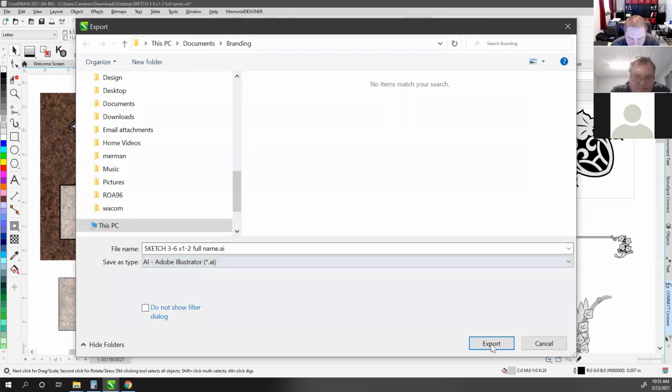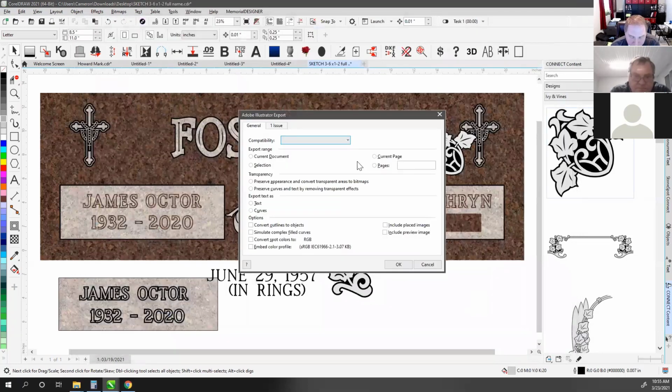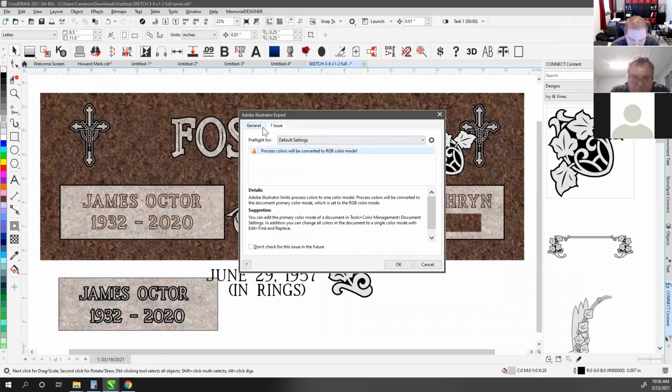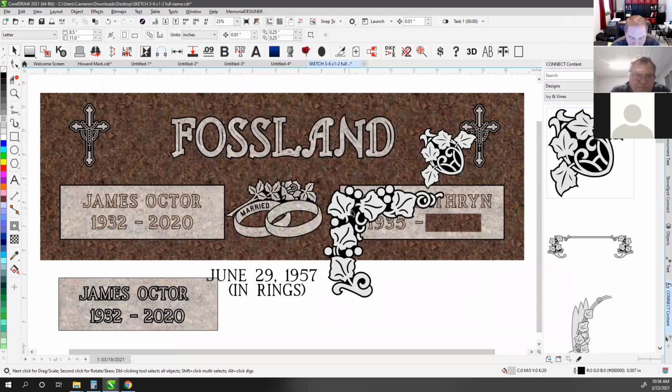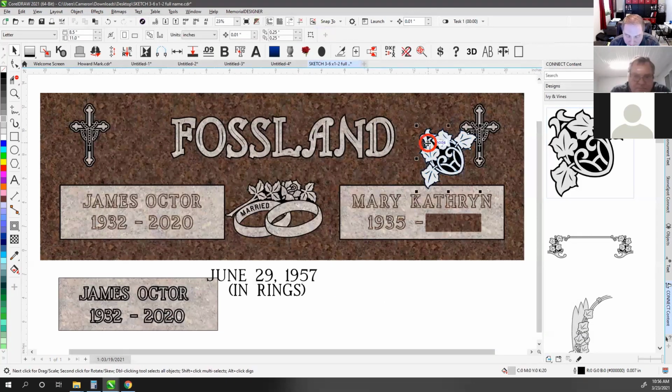And then when you click Export, it's going to pop up options for what version of AI you want to do, and whether you want to export your text as text or curves, and those different things. So by going to File and saying Export, you can go through all those steps every time. Or if you're really just trying to go back to another program like MemorialCAD or Gerber or whatever,